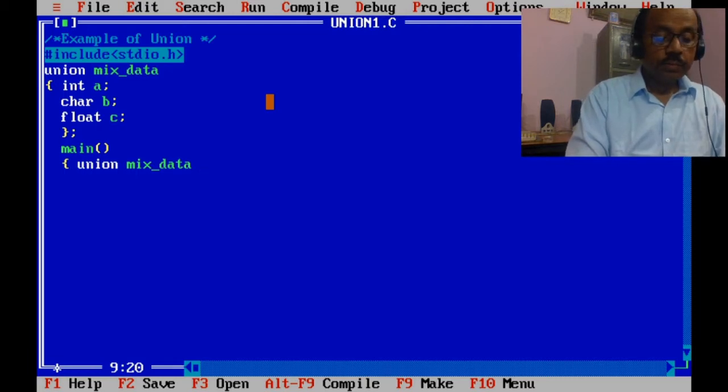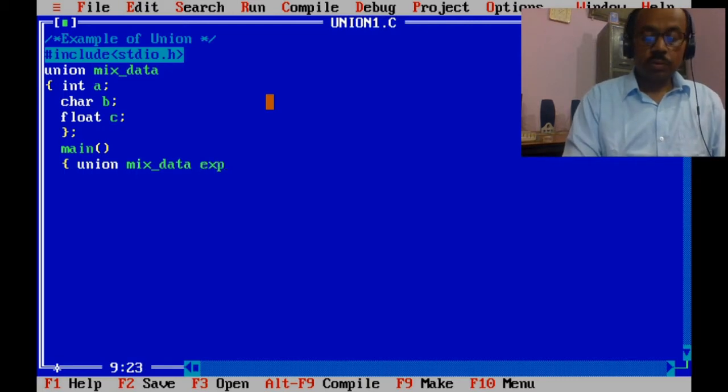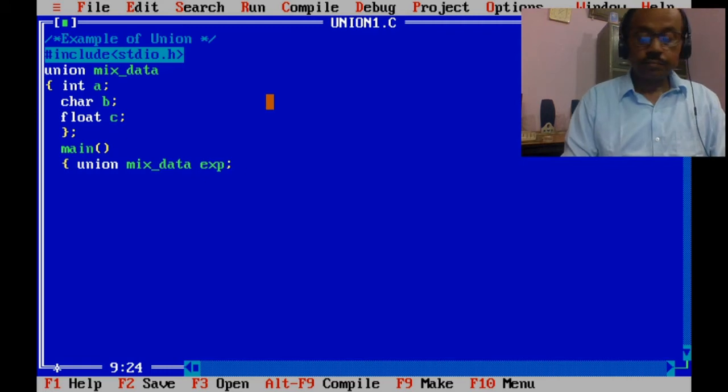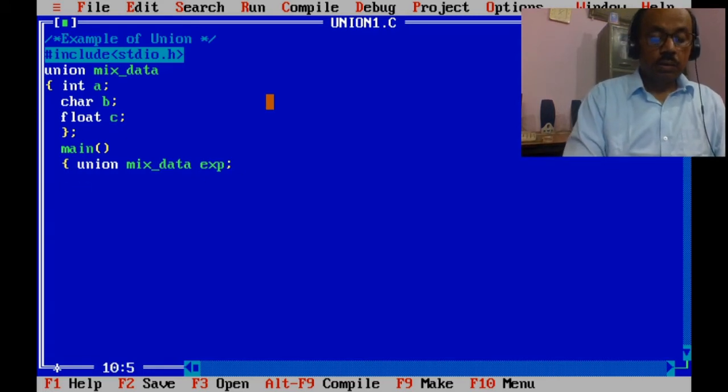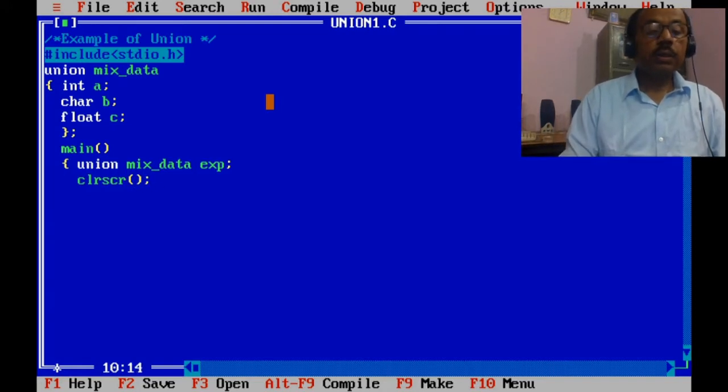name is exp, short for expression. Clear screen.